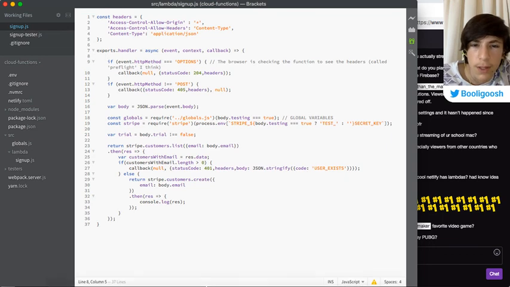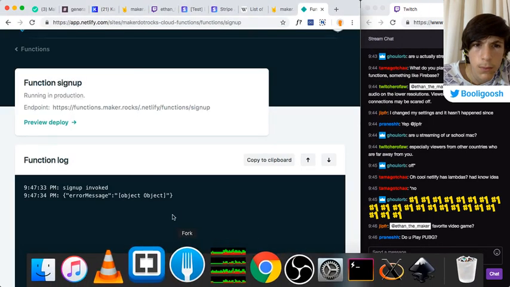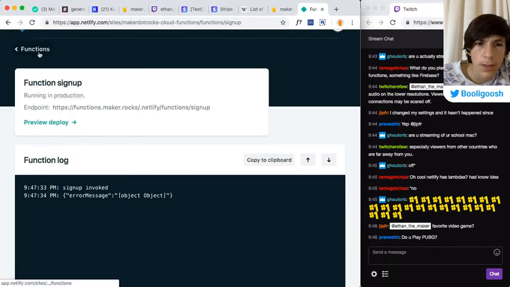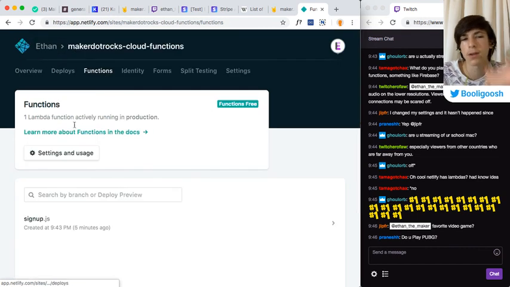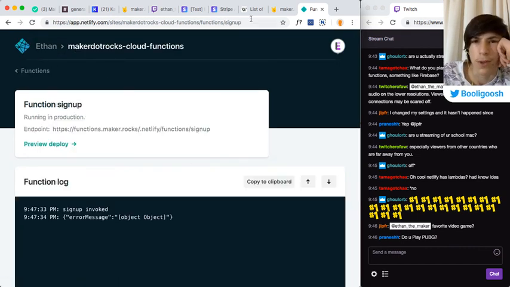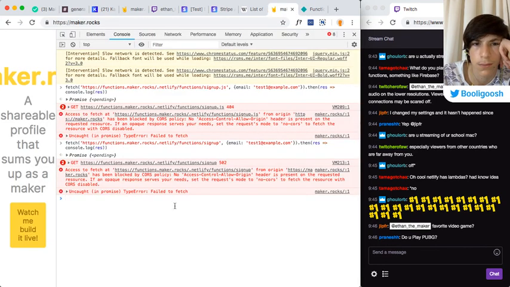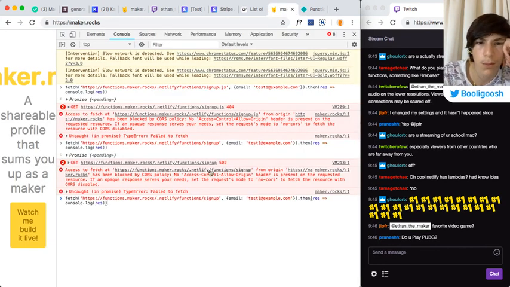Ooh, okay, I basically have no idea what the problem would be in that case. Error message, object. What on earth would that be? Oh, what? That was 5. Oh no, that was. Oh. Okay, I'm really silly.